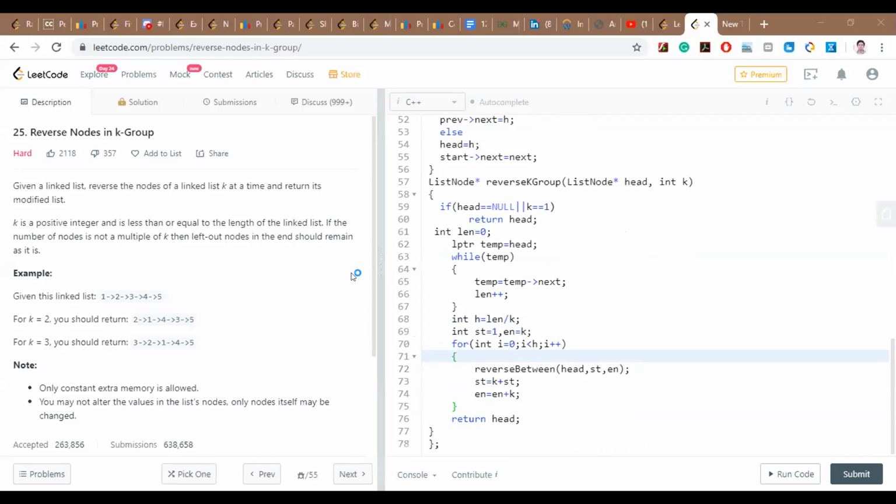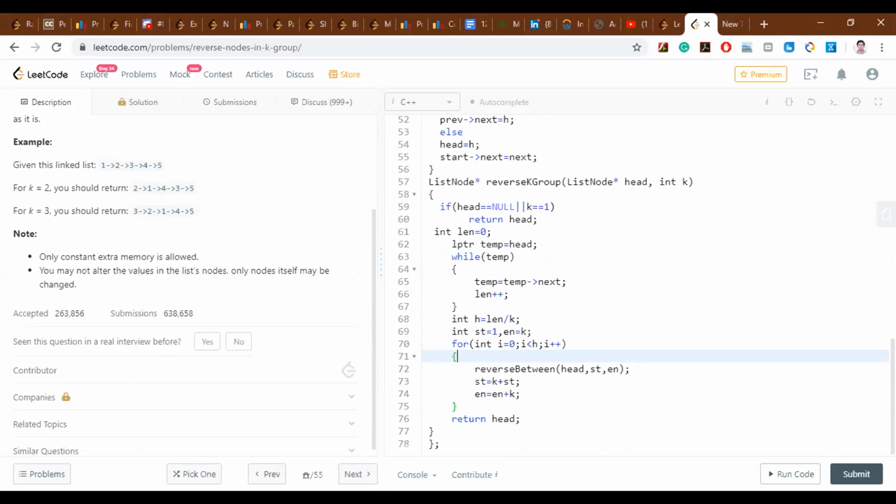Overall, there are two things we are doing. If we take a dummy head and start pushing nodes just next to the dummy head, we are effectively reversing the linked list.